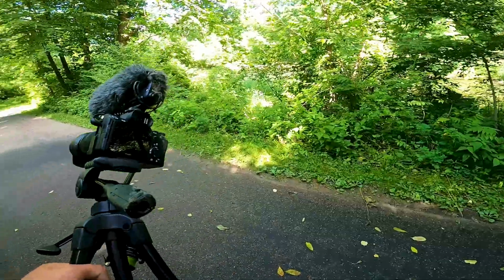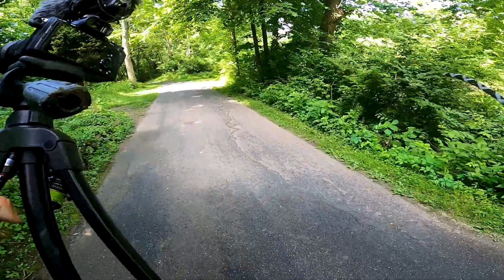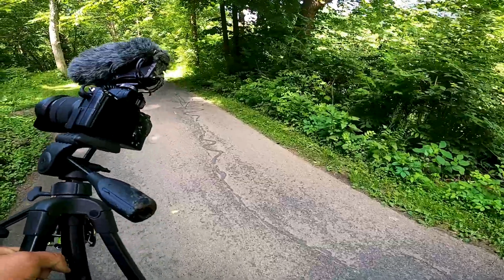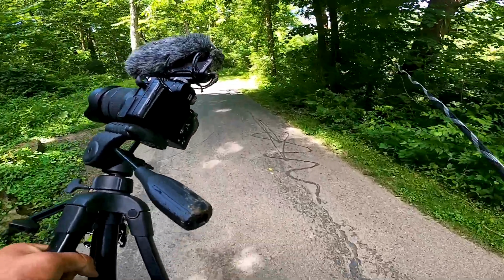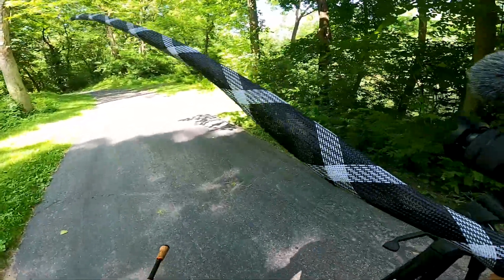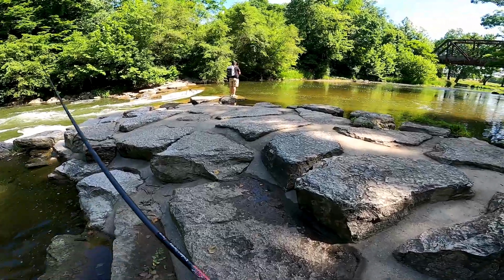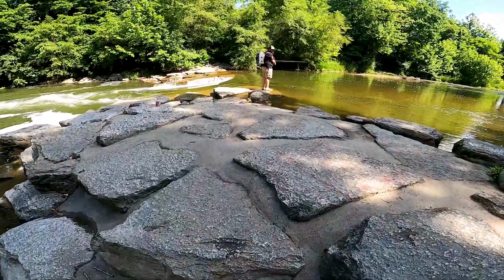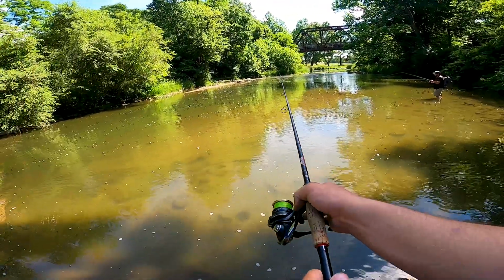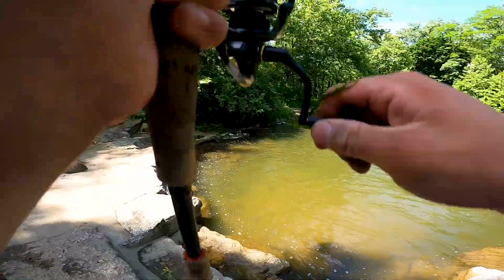So there's a rocky point right here, and I keep on seeing fish jump. This is a deep hole. Yeah, it's like 4 or 5 foot deep right here. In the summer, whenever it gets really hot out, this spot is gonna be a banging spot. Yeah, I kept on seeing them jump right here on the shallow flat. That's what I was hoping right up here in the slack that they would be, but...